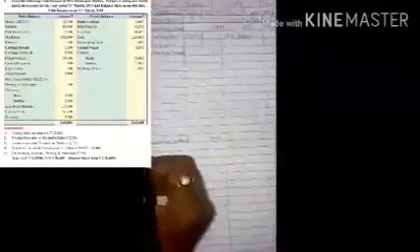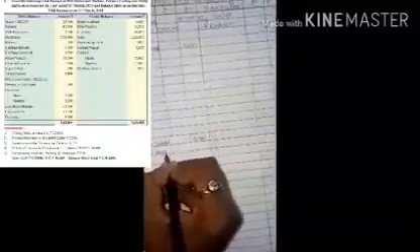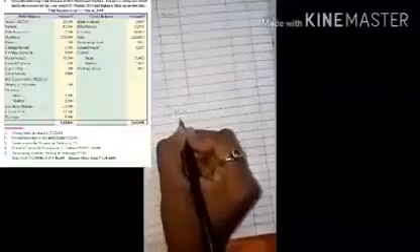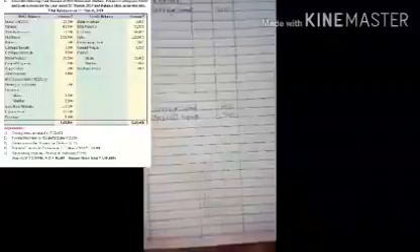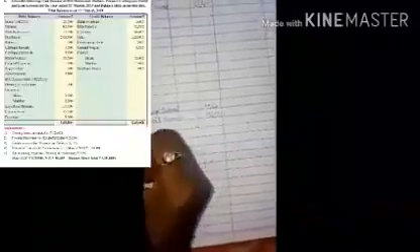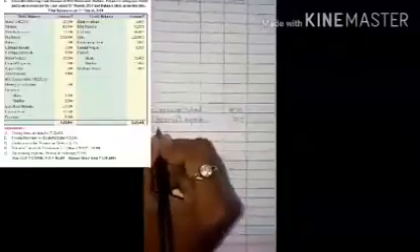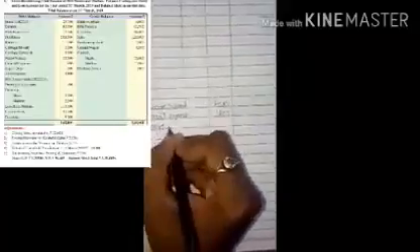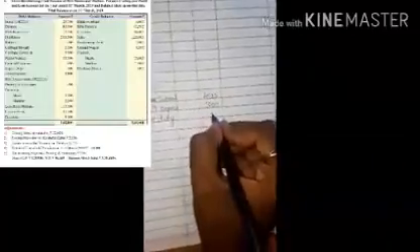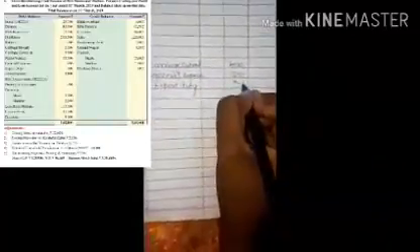Next item is general expenses. General expenses go to the profit and loss account. So we will write "To general expenses" directly in the outer column. Amount of general expenses is 1,800, directly outer column. Next item is export duty. Again profit and loss account, "To export duty." Amount of export duty is 900. So we will write outer column 900.